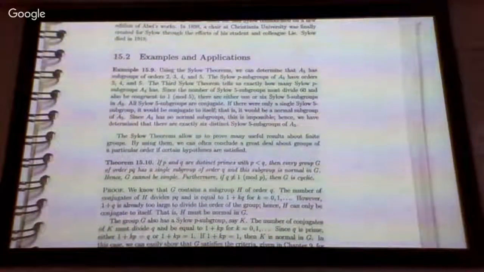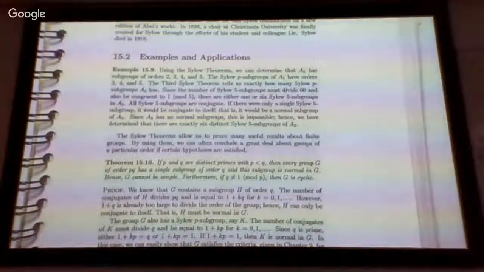If there's only one of them, the second theorem says all of them are conjugate. So when you conjugate, you do get another one. But if there's only one of them, then that conjugate has to be itself. So you actually get that H is normal in